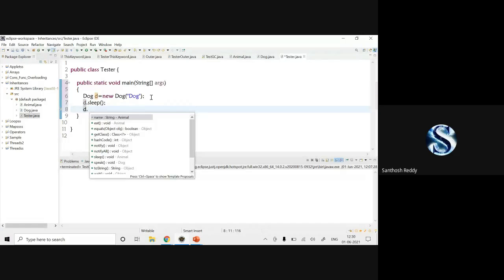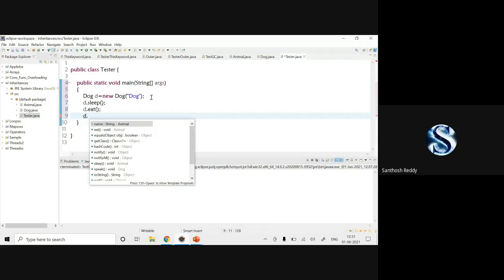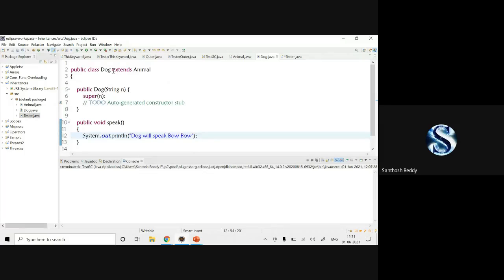Using the same d reference variable, I can call the eat method. Using the dog reference variable, I can call the speak method. You can imagine it using your extends. I am accessing all the methods which are present in Animal.